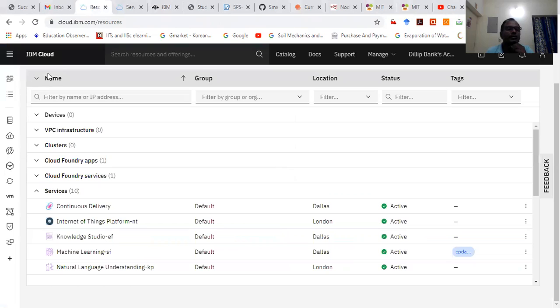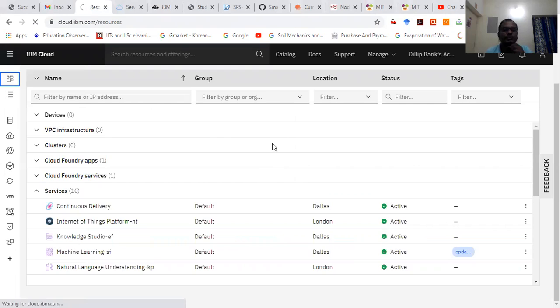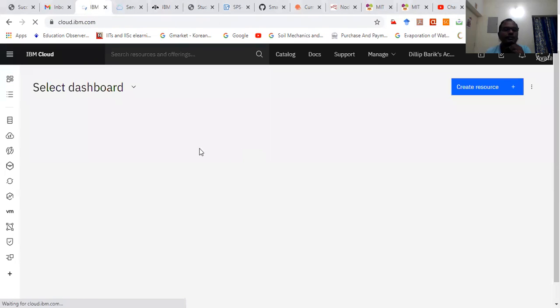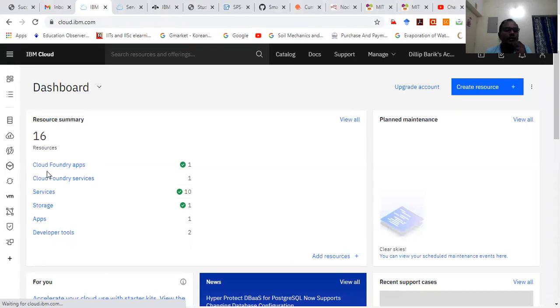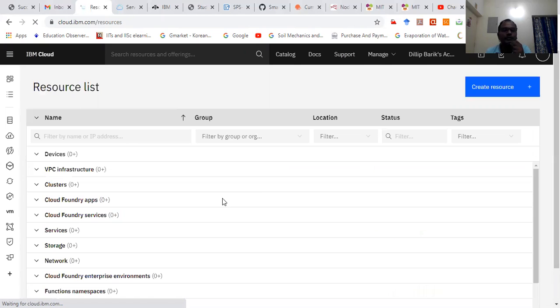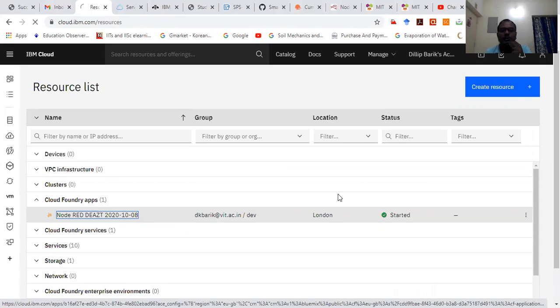Again, I can go to the dashboard, and under Cloud Foundry apps, the Node-RED is there. I'll open the Node-RED here. Now it is opening.